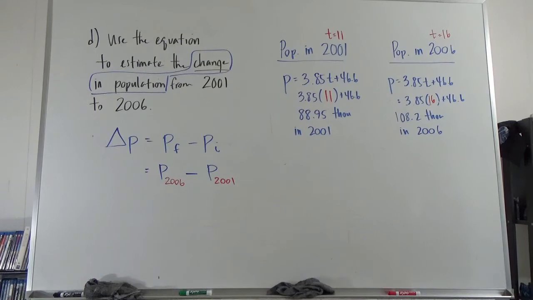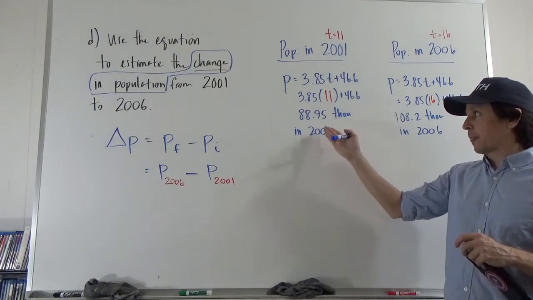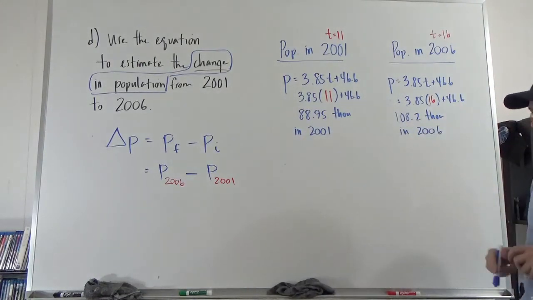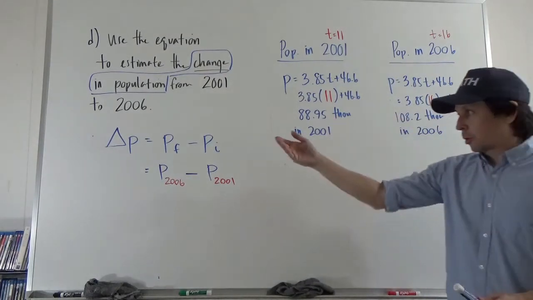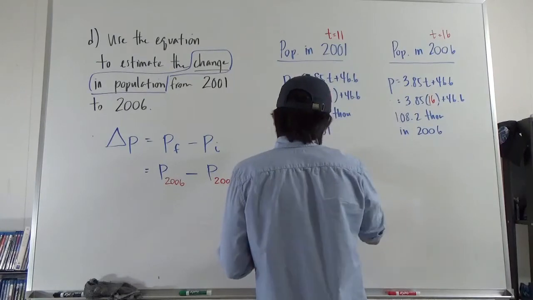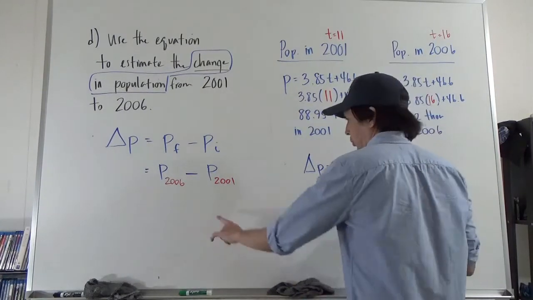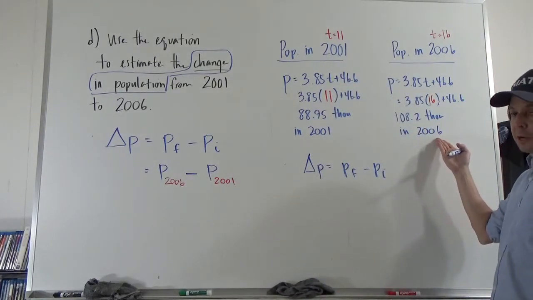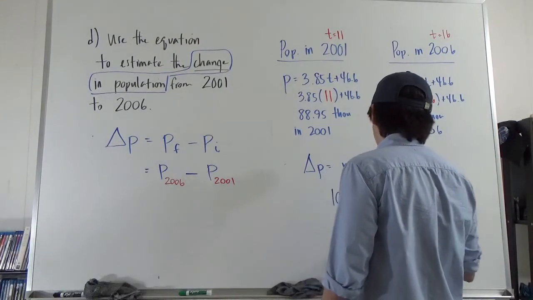Okay, so now I know the population, based on our model's estimate, the population in 2001 is 88.95 thousand. In 2006, it's 108.2 thousand. I want to know the change in population from there to there. So I'm going to go back to that. Change in P is equal to final minus initial. I was more specific about it here, just to keep track of the fact that the final year in this period of time is 2006. So 108.2 goes first, minus